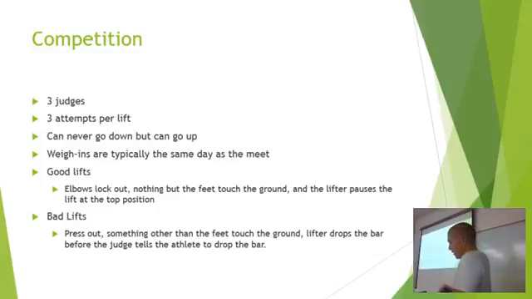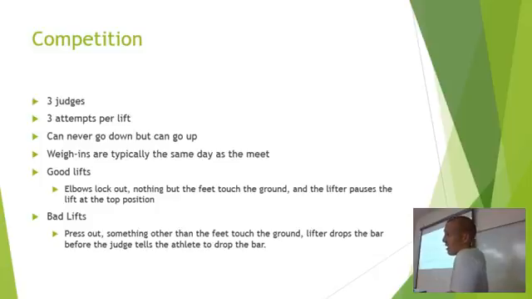Now, let's say you have an athlete who ends up bombing out on the snatch. So they go 0 for 3 in the snatch. They can continue to clean and jerk. Obviously, they have no chance of winning because the total is actually counted. But they can continue to clean and jerk. That is always left up to the athlete or the coach of that athlete. So they are allowed to. Same goes for the clean and jerk if you bomb out on that.